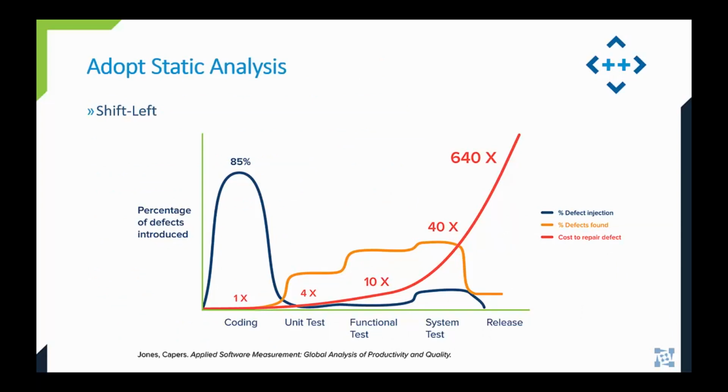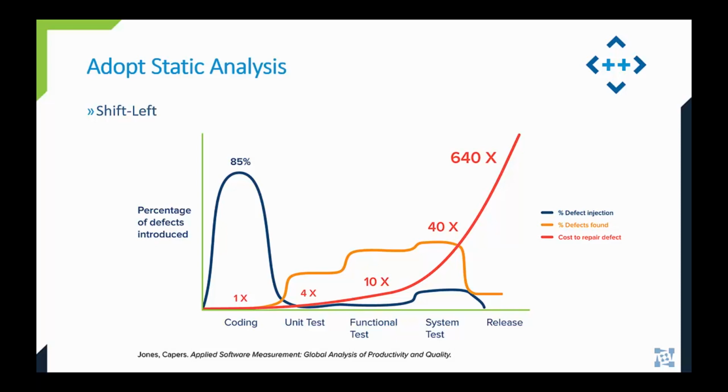I still find it surprising that some organizations have not adopted static analysis. You have probably heard many times the term shift left to find defects earlier when they are cheaper to fix. The cost of fixing bugs increases as you move through each of the development phases because at the next development phase, more people have to be involved, more effort, more time, scheduling delays may occur, documentation may need to be updated, software patches may be required, and the list continues to grow.